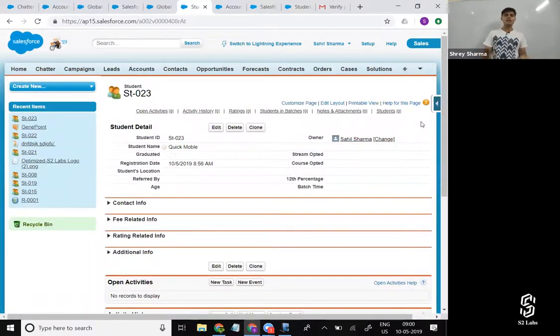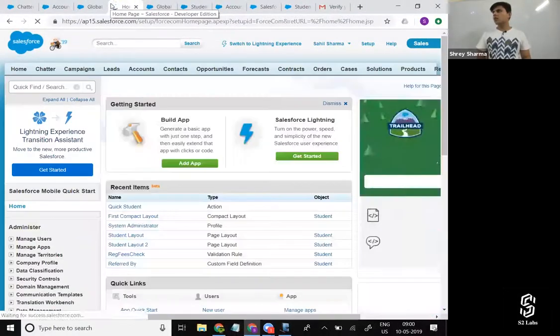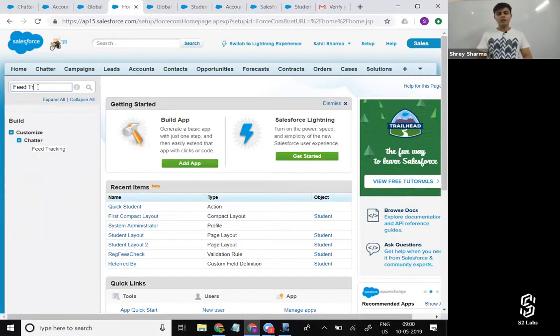Okay, listen to me. So by default, the actions will not be visible onto the page layout. So for that, we have to do something, and that something I'm just gonna show it to you. I have to enable feed tracking onto that particular object in order for the actions list to appear on the top. So I'll go in the setup and I'll write down feed tracking,